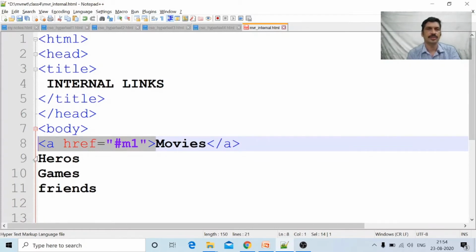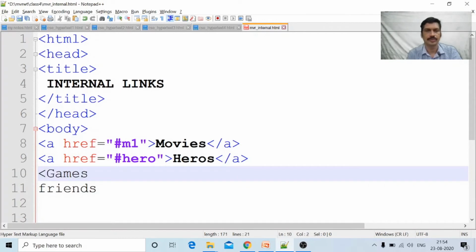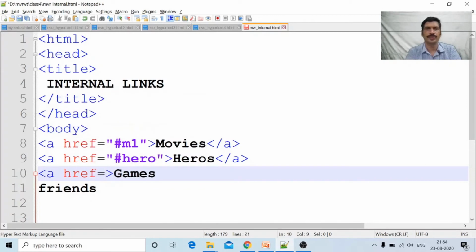Control C, Control V. For heroes, I am giving anchor tag, href equal to hash.